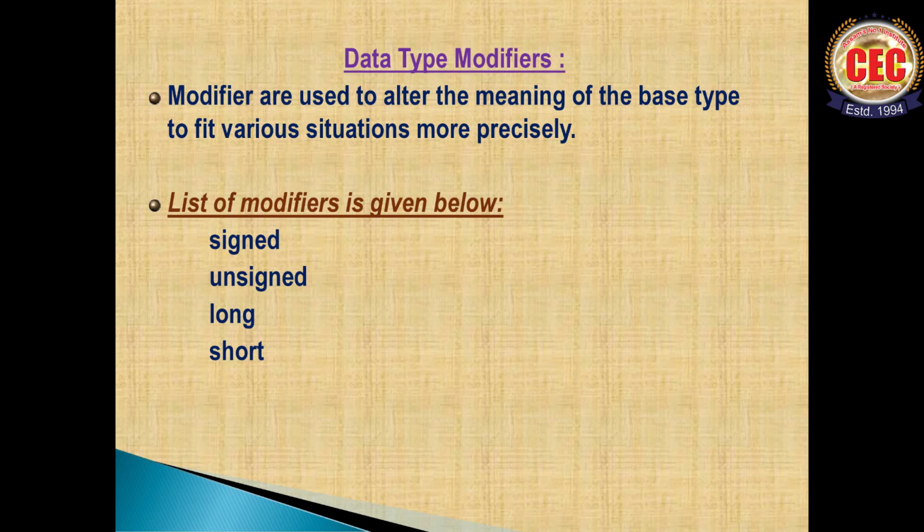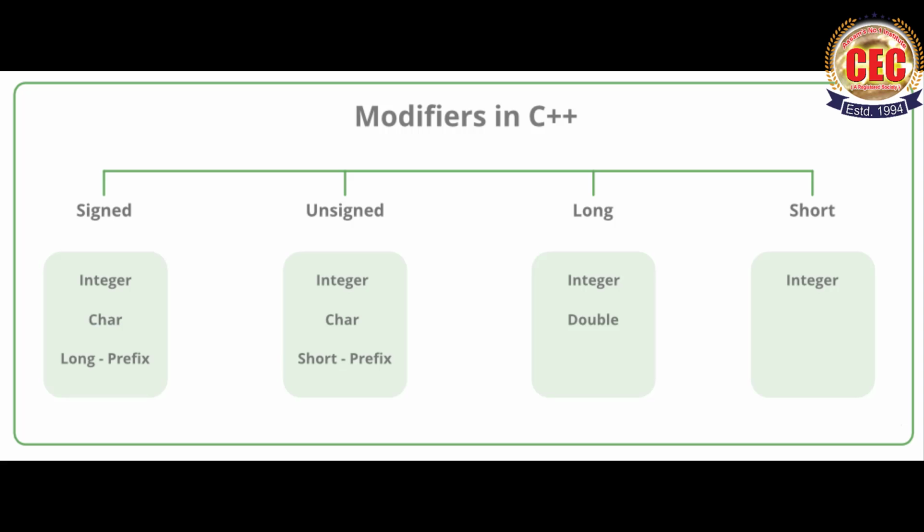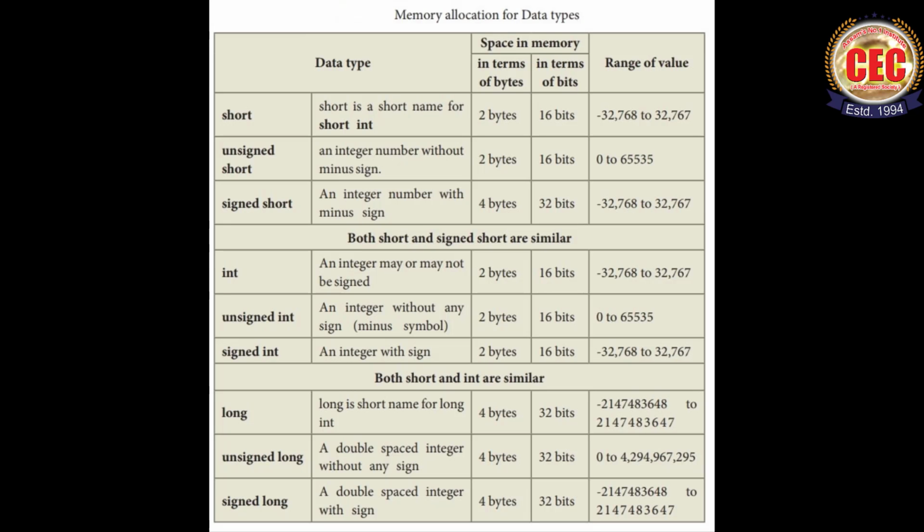Okay. So now, what are data type modifiers? As the name implies, data type modifiers are used with the built-in data types to modify the length of the data that a particular data type can hold. Data type modifiers available in C++ are signed, unsigned, short and long. I have also given a table that summarizes the modified size and range of built-in data types when combined with type modifiers.